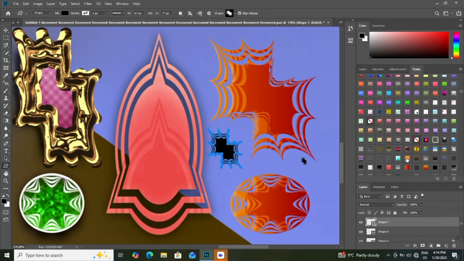The gradient is applied subtly behind the header text, guiding attention naturally while reinforcing brand identity. Minor tweaks to stops and opacity ensure the header is neither